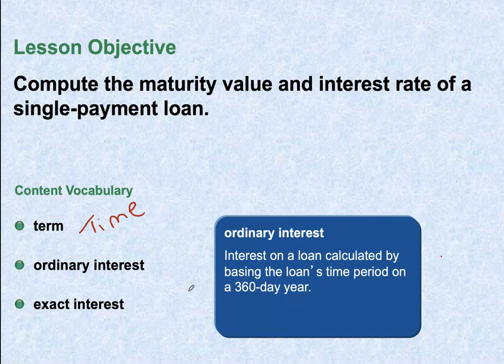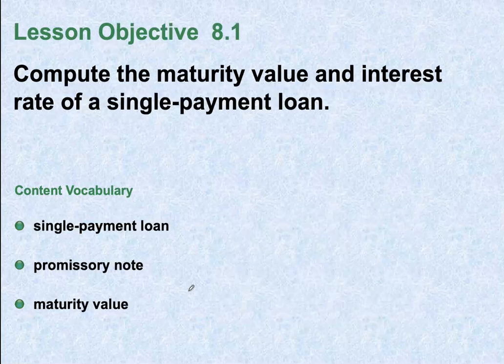Now, ordinary interest is calculated by basing the loan's time period on a 360-day year, and exact is based on a 365-day loan year. So those are the two changes, and you have to look in your problem to make sure you're finding ordinary or exact. So the three terms that I want you to write down in your notes is single payment loan,